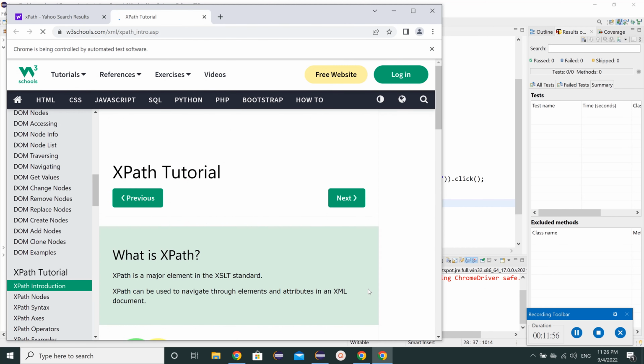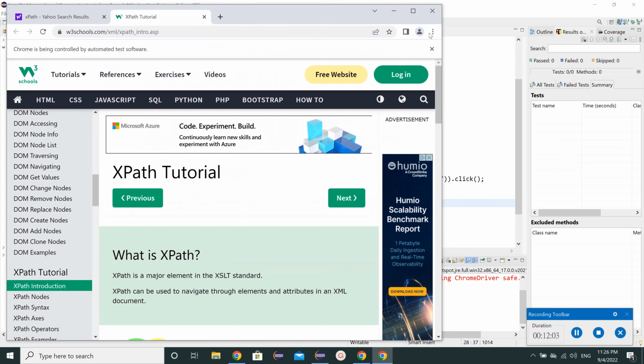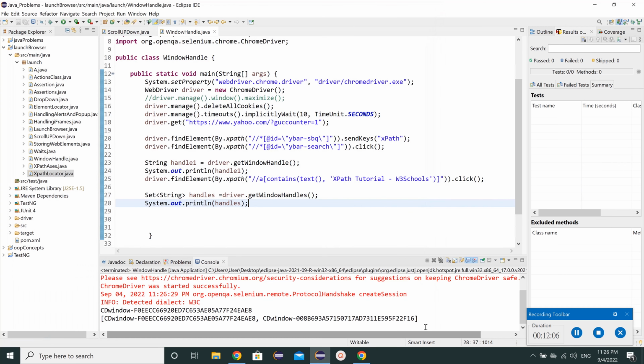Now what we need to do is... yeah, it has completed, so we can just manually close it. We can see here it has given us two different windows. The first window that it has given us is the same. Here you can see